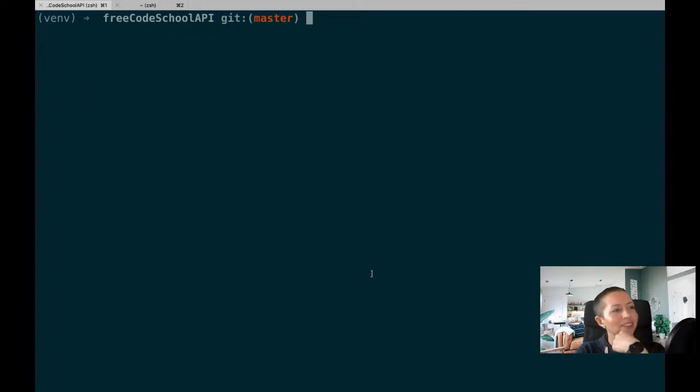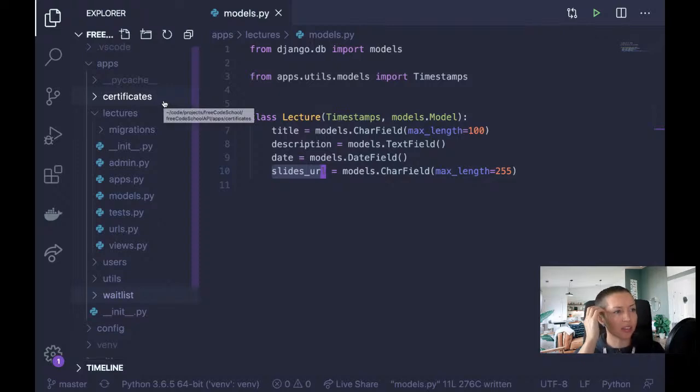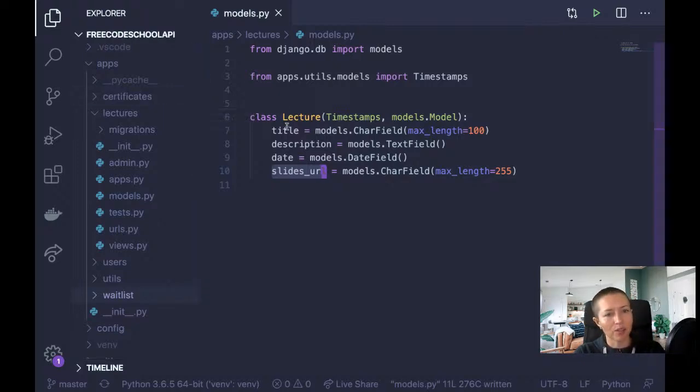Do we need a lecturer? That's a good point. So we have title, description, date, slides. So should I add a field for the name of a lecturer? Because we either have a volunteer or a guest or somebody or one of our regular staff members lecturing. So they may or may not be a user in this app. So maybe for right now, for MVP, I can just have